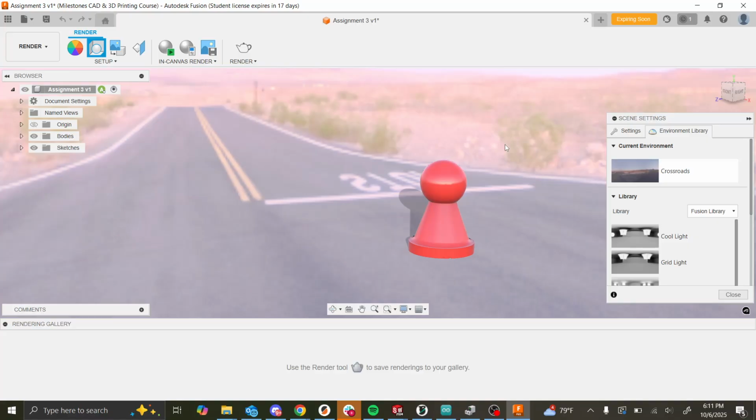Yes, so, okay, we actually haven't rendered anything yet, so don't take screenshots and submit anything because you won't get any points. Okay, so,